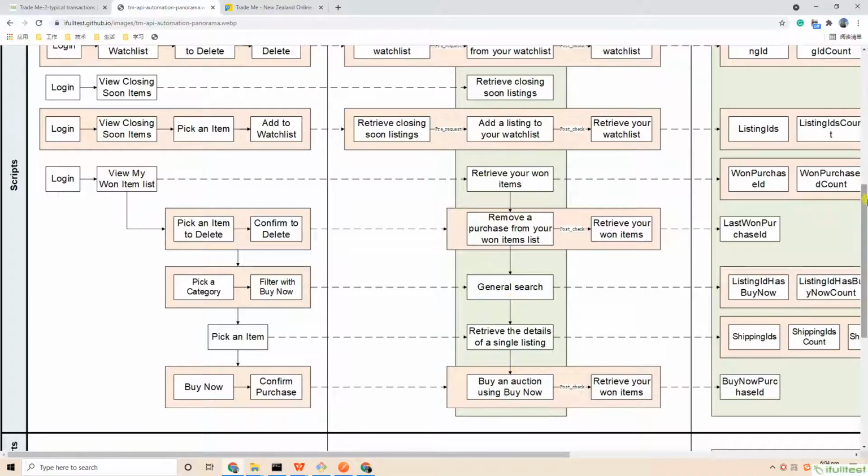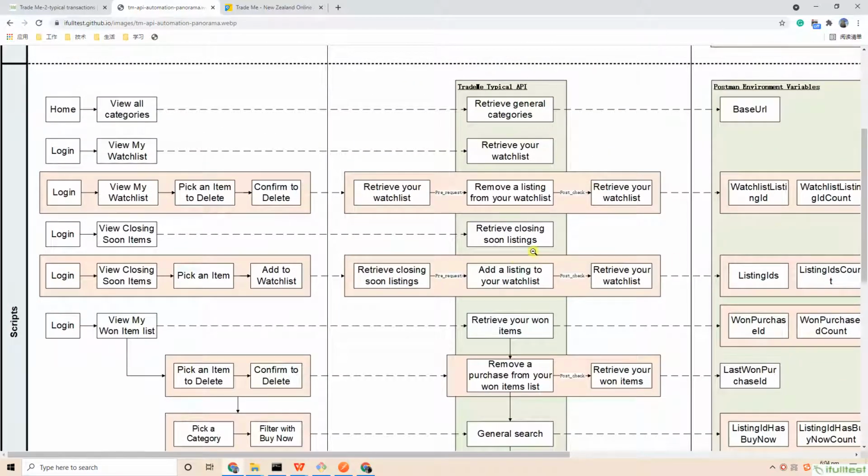The 10 scripts covered get, post, and delete requests, and the watchlist related 4 APIs, like remove a listing from your watch list and add a listing to your watch list, adapted the request script to correlate with the upstream transaction. Knowing the relationships between the UI and the API side can help us understand the API's business sense. Knowing the dependencies among the APIs can let us design the proper API workflow to cover complex transaction combinations.